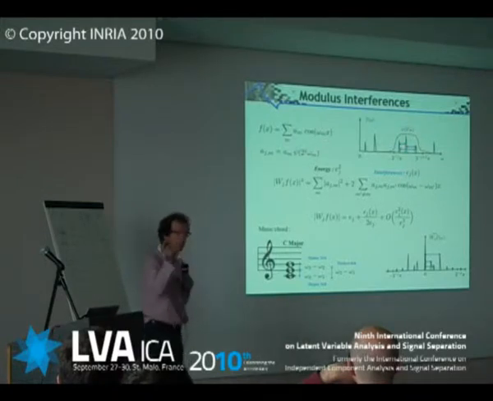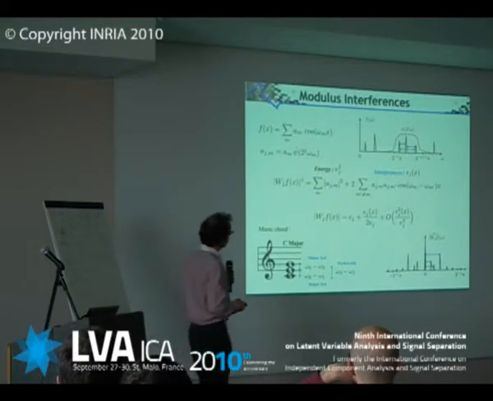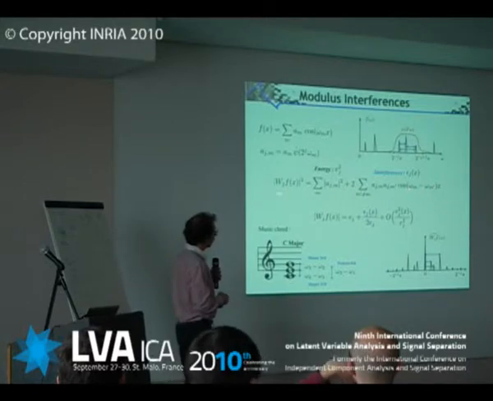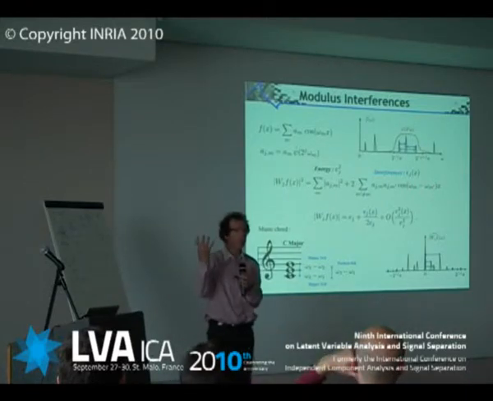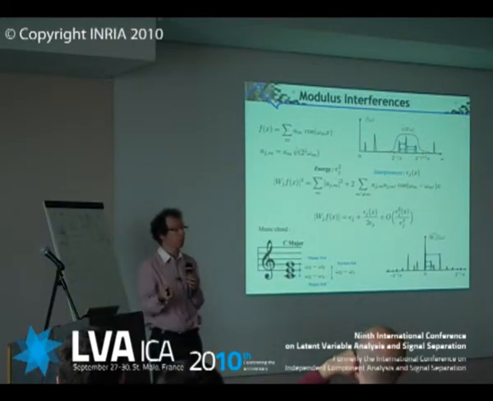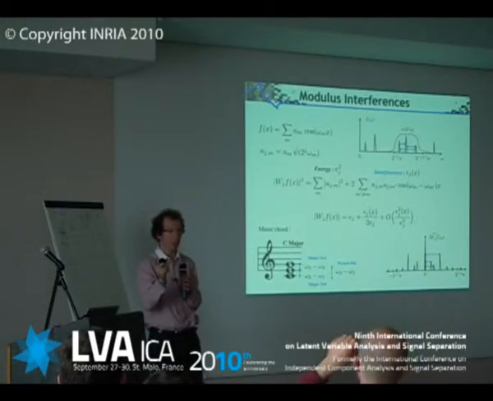It's going to create interference, and basically it's going to be a combination of the cosine of the difference of frequencies. So what you see suddenly is when you take the modulus, you don't know anymore what the frequency is. The only information you have is about interference. You know the differences of frequency.